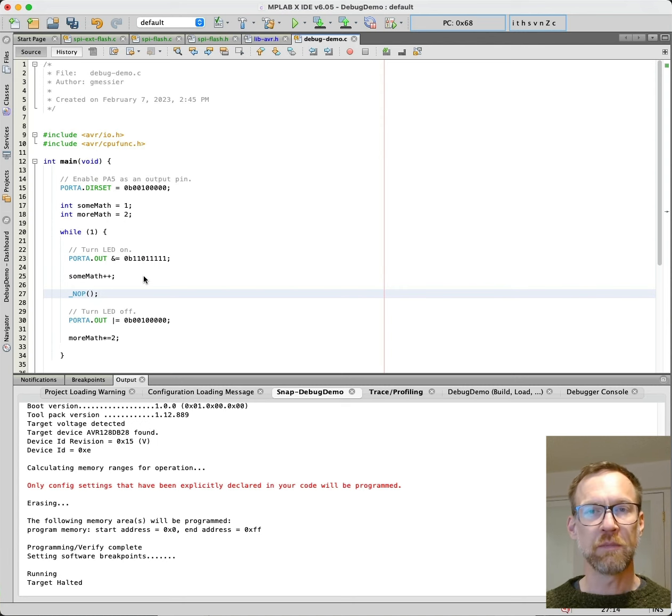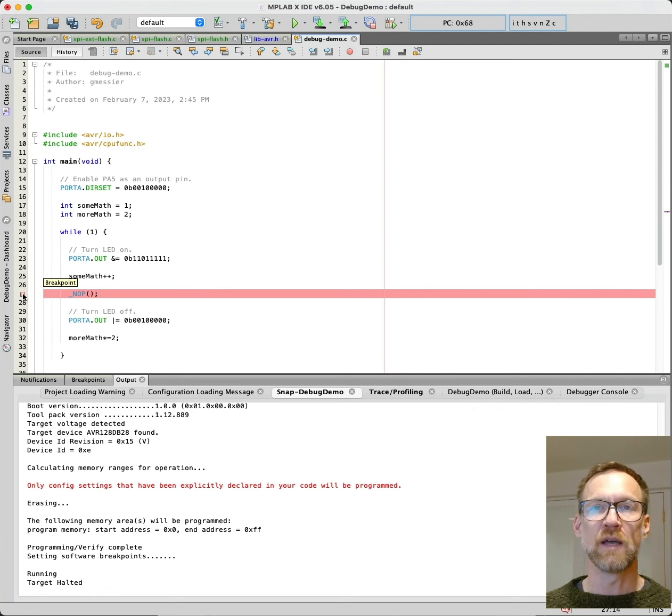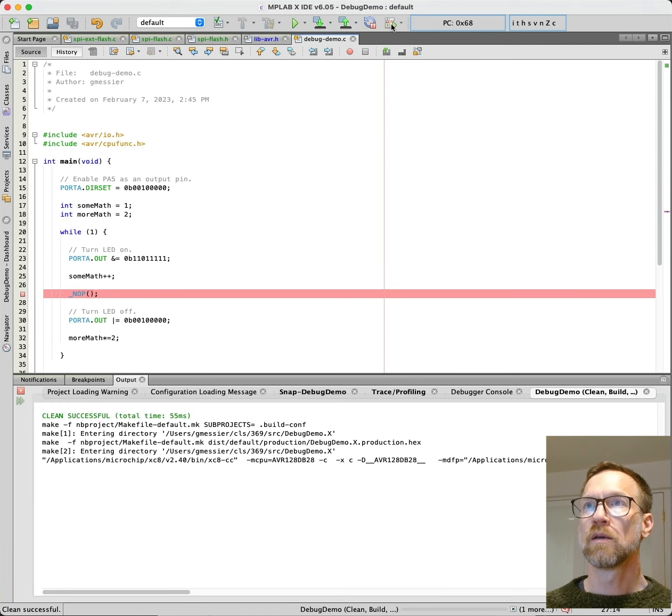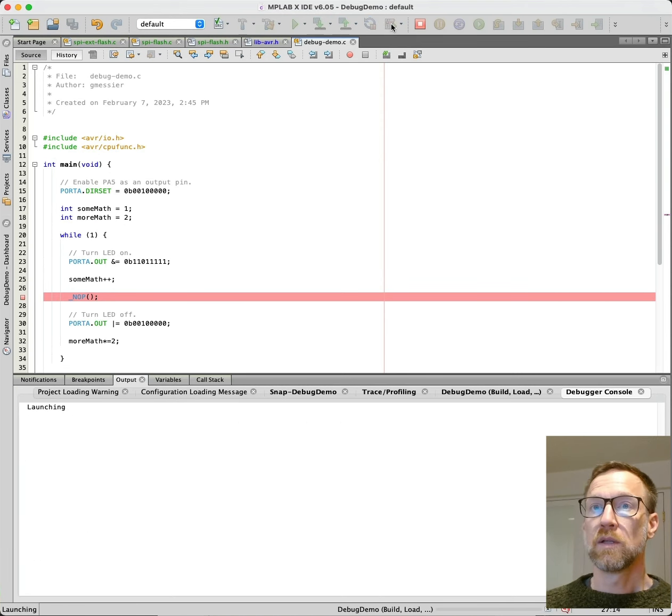So all assembly language instruction set architectures have a no-op command, and it's basically a dummy command. It's a command that just feeds through the CPU, and the opcode just tells the CPU to do nothing at all. It's essentially a placeholder, but because it's so easy to map this no-op directly to a single line of assembly code, you can always really reliably add a breakpoint wherever you have a no-op. So if you make, and then if we debug,